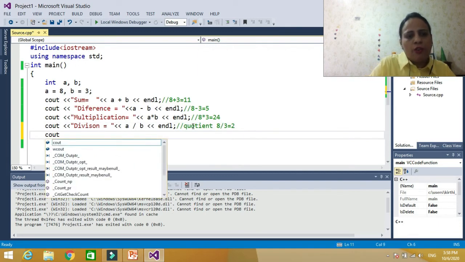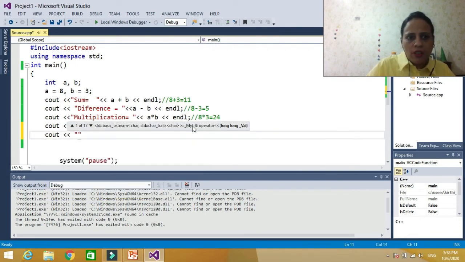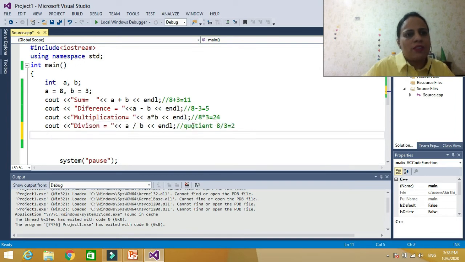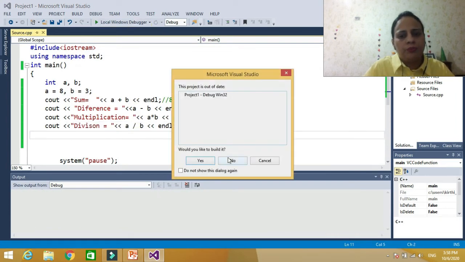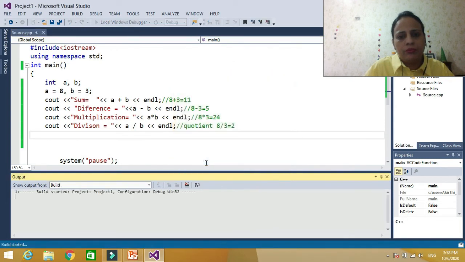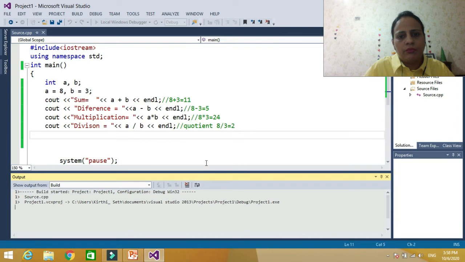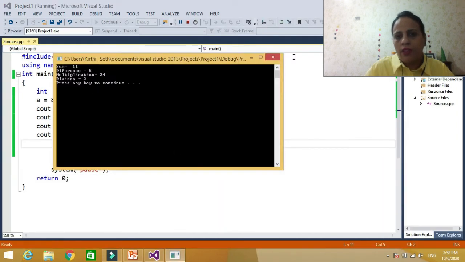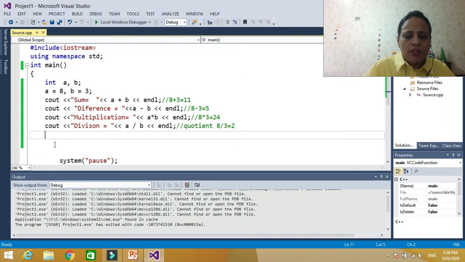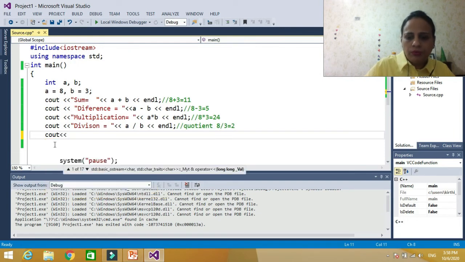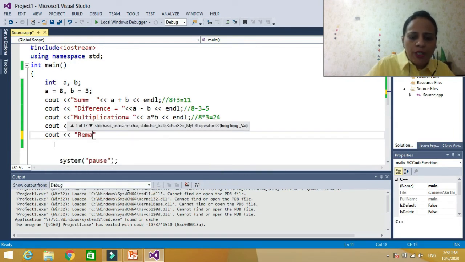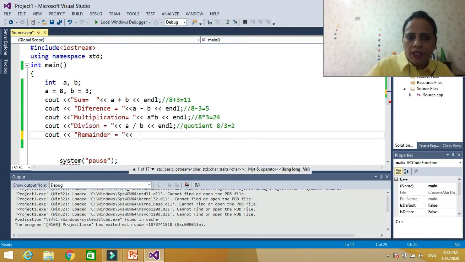Now let's check for the modulus operator. First, check the result for this division. I forgot. Division is 2. Now let's say cout. The modulus operator gives us the remainder. First it divides a by b and whatever is the remainder, it will give you.